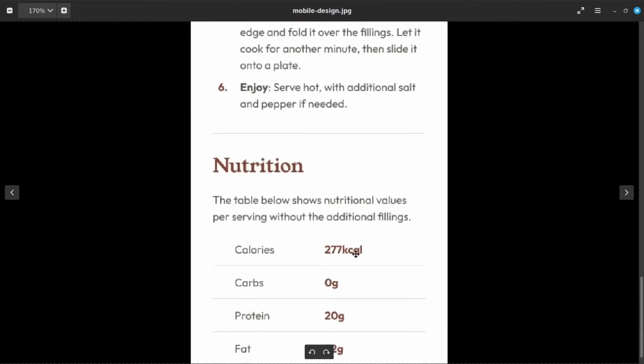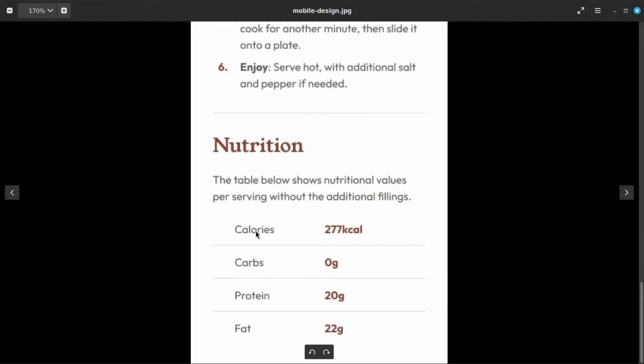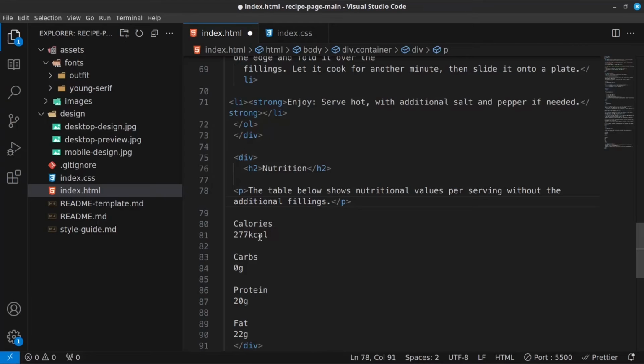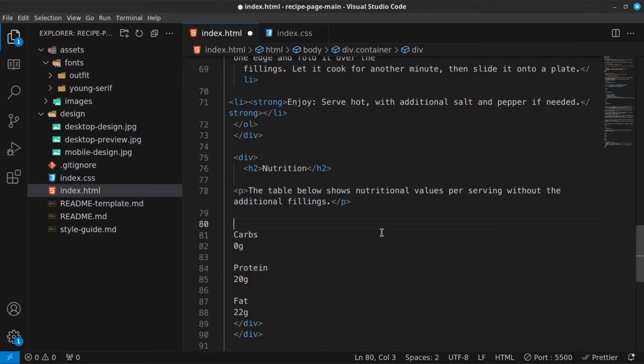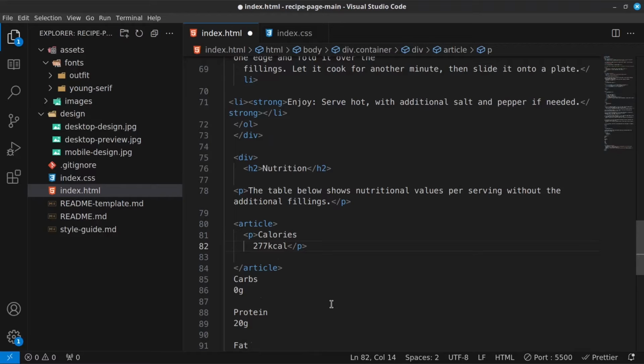Okay, let me see. How do I want to structure this? This is going to be like a paragraph and then the span, paragraph, span, paragraph, span. So let's do this. Cut this out. Instead of saying paragraph, let's place it first inside an article, and then we're going to cut this out and say paragraph, and then this is going to be the span,